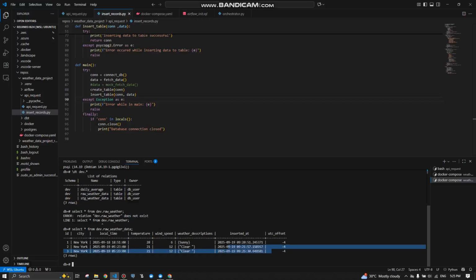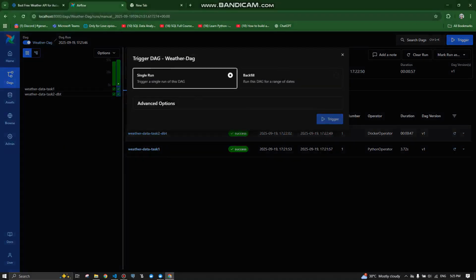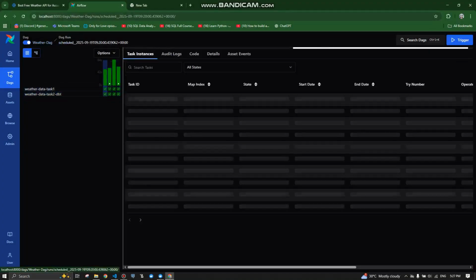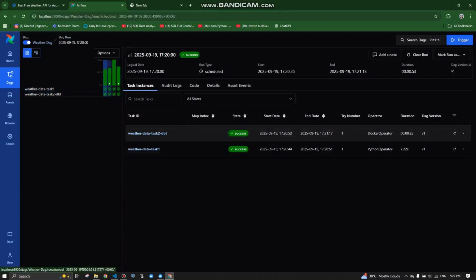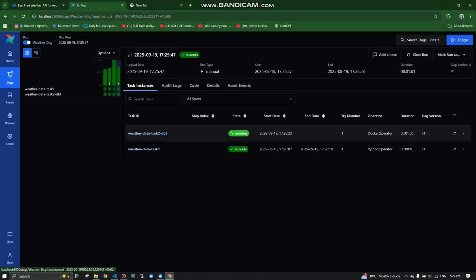So these are the values, right? Then if I trigger it, there are already four triggers. This one is scheduled and this one is manual because I clicked the trigger button. And this one is scheduled too, then this one is manual.